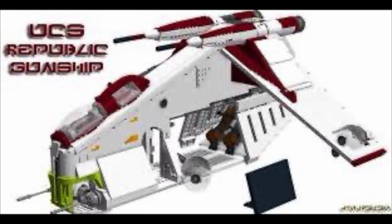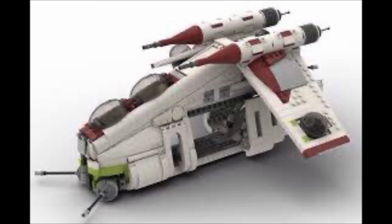But from what I can tell, it's going to be the UCS gunship. $200 to $250, probably episode 2. I said this in an earlier predictions video over the summer when I predicted 21 sets, which, looking back to that video, I think,